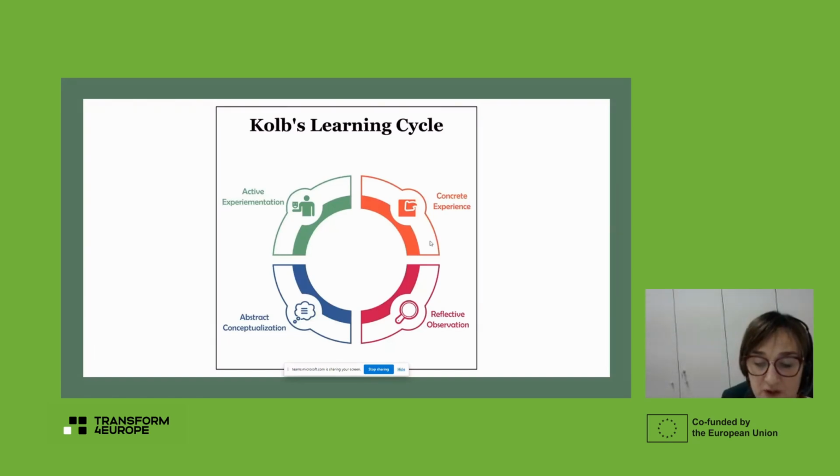We work in foreign language teaching methodology, and what we do in our lessons, we very often just throw students into carrying out activities for themselves first, without giving them a lot of feedback first, or, let's say, input on how it should be done. And they start teaching, they see things don't work because students don't react in the right way, and so on. And so they make observations, and they start reflecting on these observations. What went wrong? What was okay? Now they make some conclusions about this, and then they experiment again.